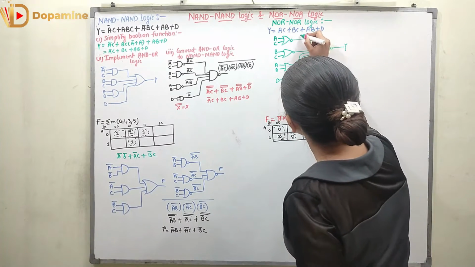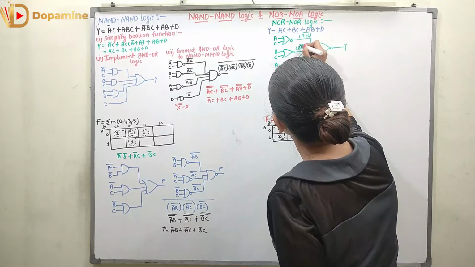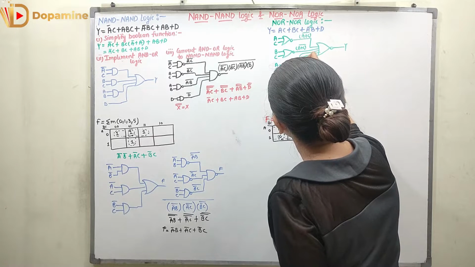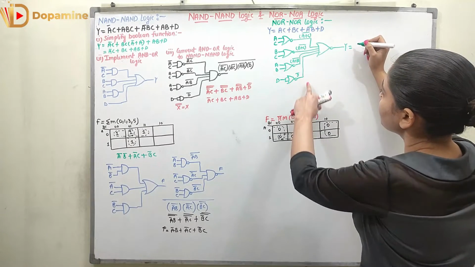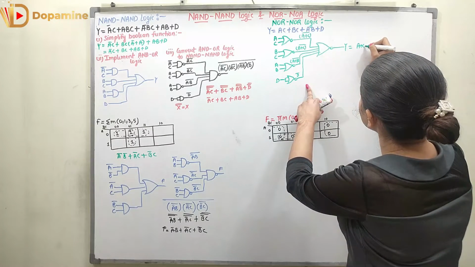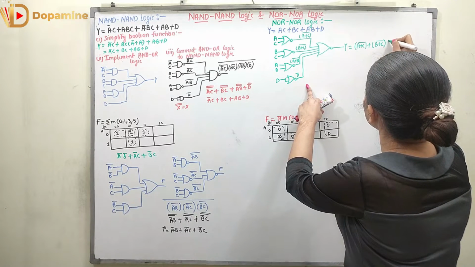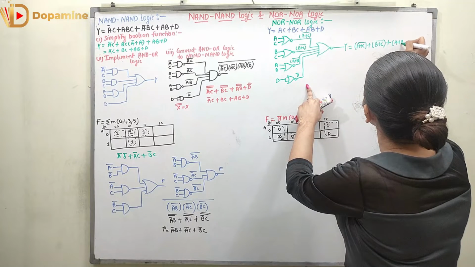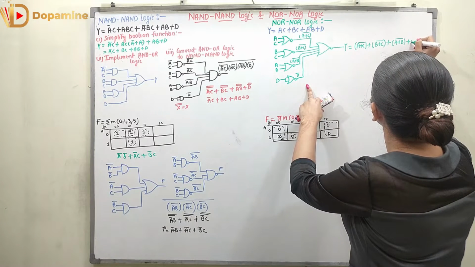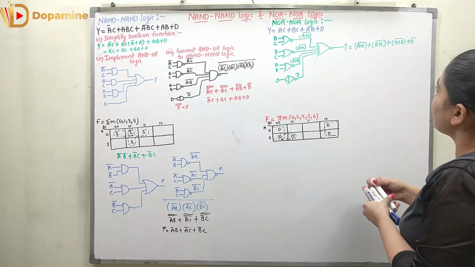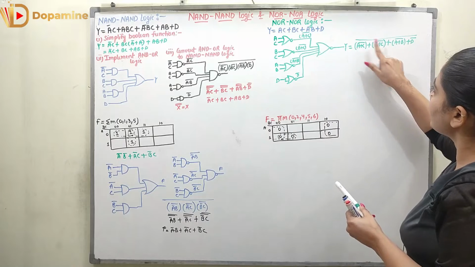So let's see how I am going to get Y. Here I am going to get (A plus C) whole bar. Here I am going to get (B plus C) whole bar. Here I am going to get (A plus B) whole bar. Here I am going to get D bar. So Y is equal to, all of them are added and then complemented. So (A plus C) complement is added with (B plus C) complement, which is added with (A plus B) complement, and it is added with D complement. Right? So now here all of them are taken as a complement because this is a NOR logic. I have to add all of them and then take the complement.